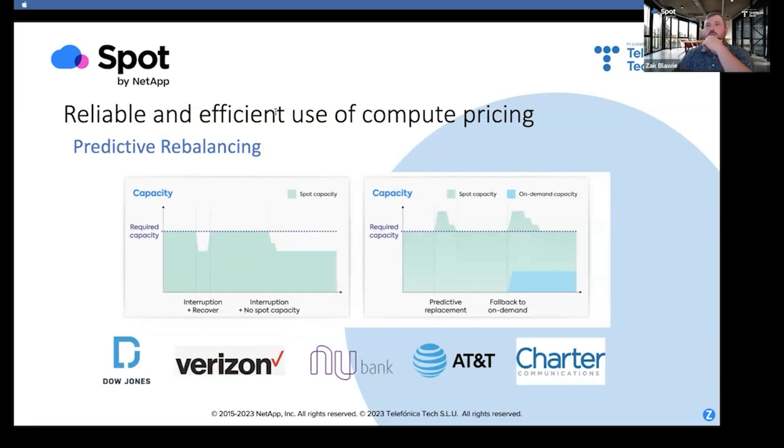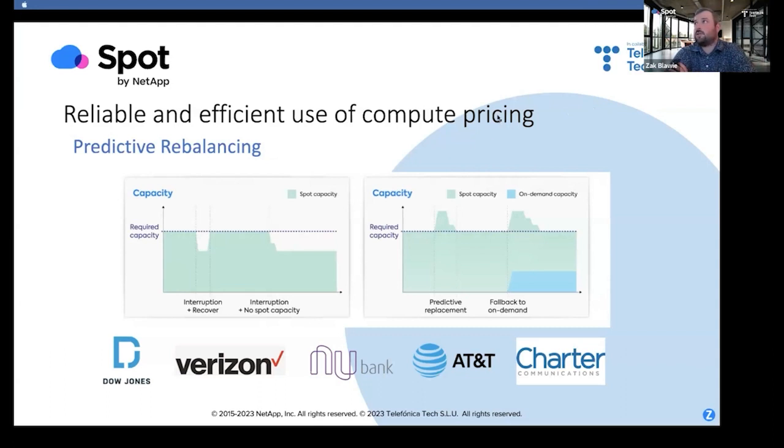Yep. This goes hand in hand with how we help you mitigate risk from leveraging spot instances, and how thousands of our customers use us to leverage spot capacity across production. Because what is the typical order of operations today without a solution like Spot in place? We have the capacity, we've configured it to run on spot instances. All of a sudden, someone's willing to pay on-demand or RI pricing, so that capacity goes away. Now we're left responsible for ourselves to go and re-provision that capacity, which can lead to interruptions,